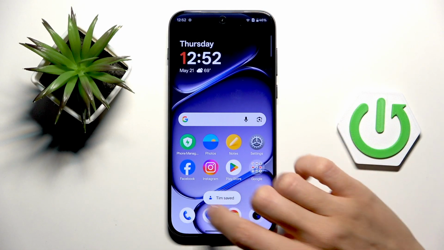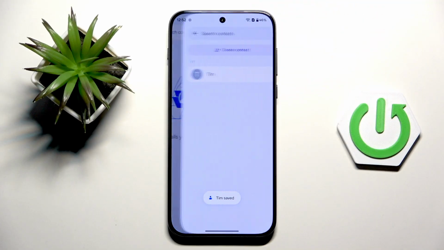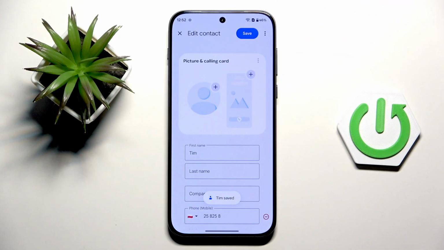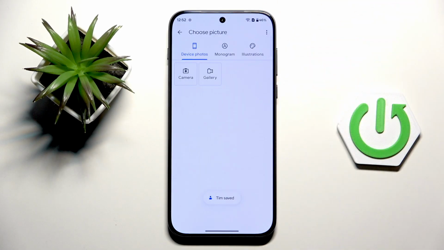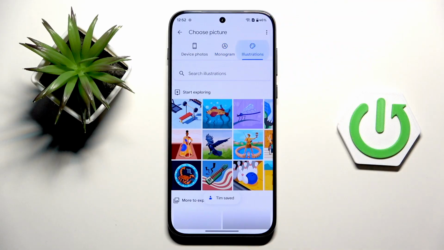So at first let's open your phone, then go to contacts, choose the contact that you want to personalize and tap edit. Now click on the plus icon right next to the profile picture and you can either open your camera and grab a photo right now, you can choose something from the gallery, you can create monogram, illustration,